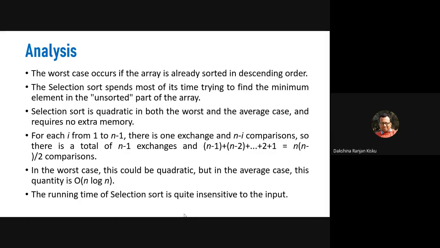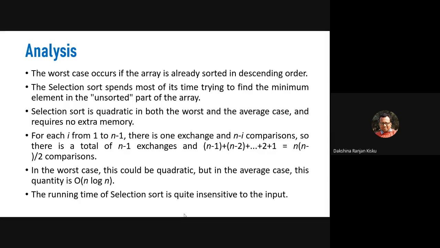That means n minus 1 comparisons will be required for the first smallest element, n minus 2 comparisons will be required for the second smallest element, n minus 3 will be required for the third smallest element, and so on, and the last one will be required for the last smallest element. So what we will do